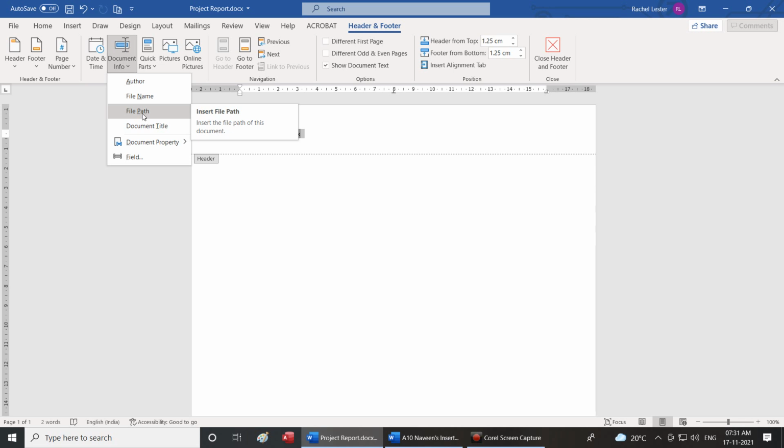Under that it could be Sheetal or any of your names, and then it could be word exercises. Under that is your file path. This entire path will be inserted. So please write down. C, file path. Inserts the file path of this document.